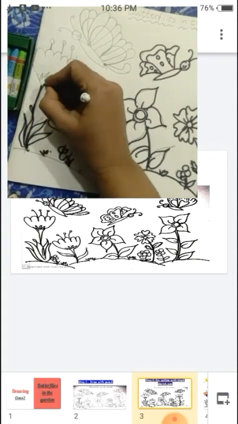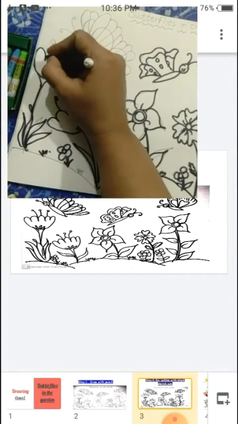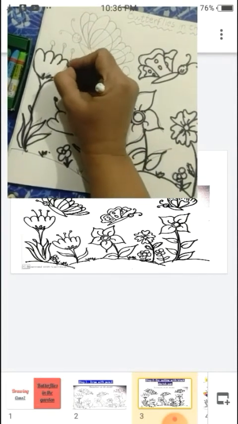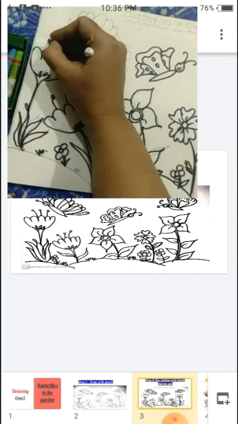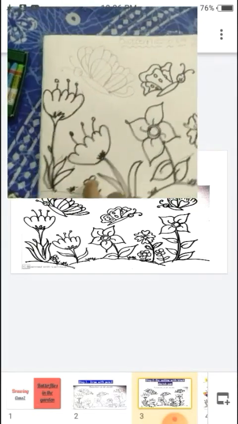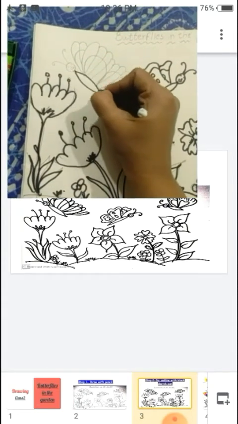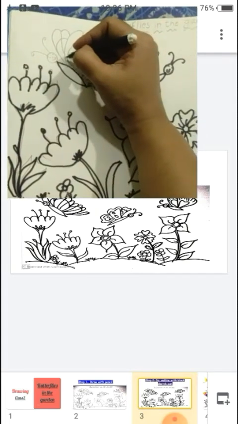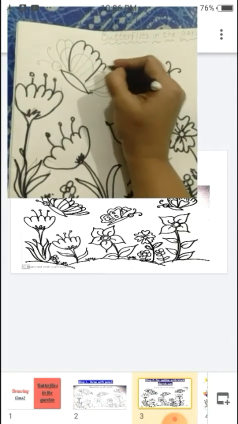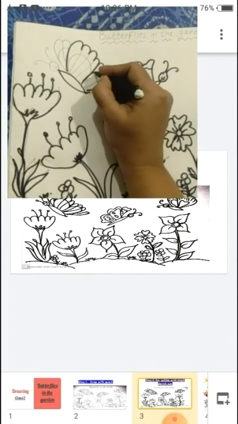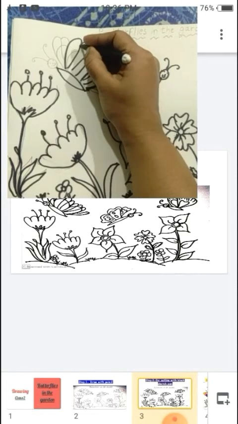Okay students, nicely you have to do this at home. When you get bored, you have to do this. Don't trouble your parents. Do drawing practice, do coloring at home, any paper, any book. Okay, at home if you have a plain book, then no problem, it's very good, but don't trouble your parents. Do the outline nicely. Okay, always remember, after drawing with a pencil, you have to do the outline with a sketch pen, so that it will be easy for you to do coloring.